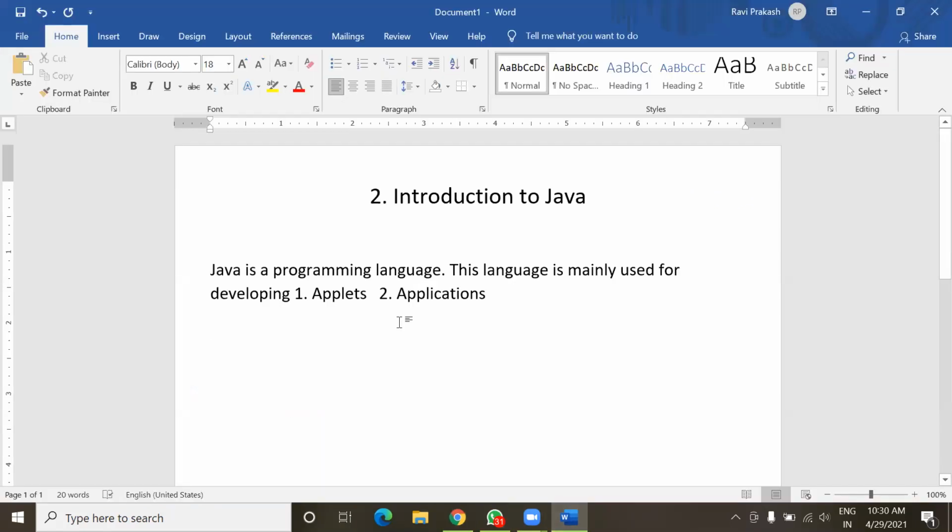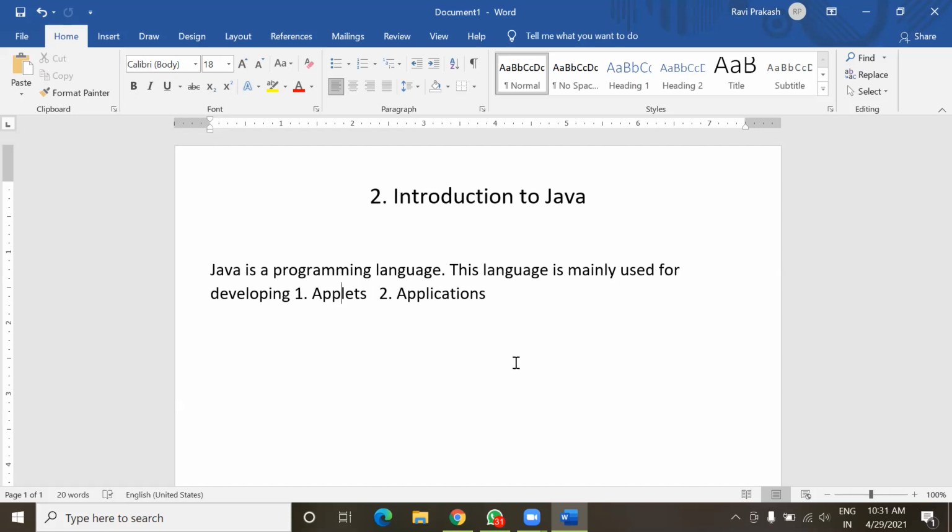If we include a program in our web page to make it dynamic, that program is actually an applet. Using a Java applet, we can program a web page such that it can take the user's input, and based on that input, it will display different information.